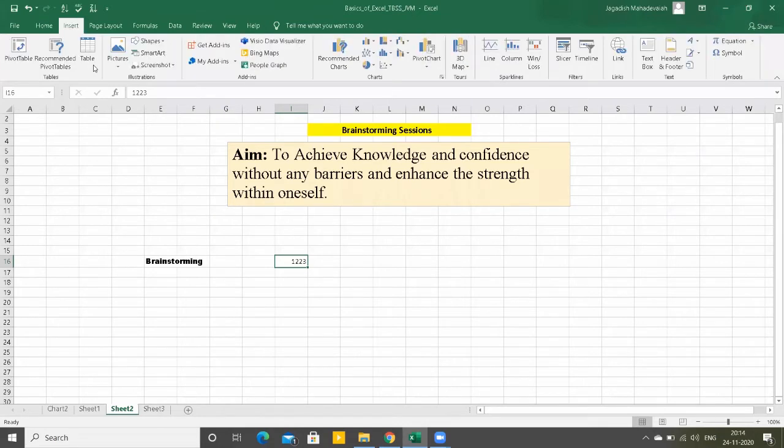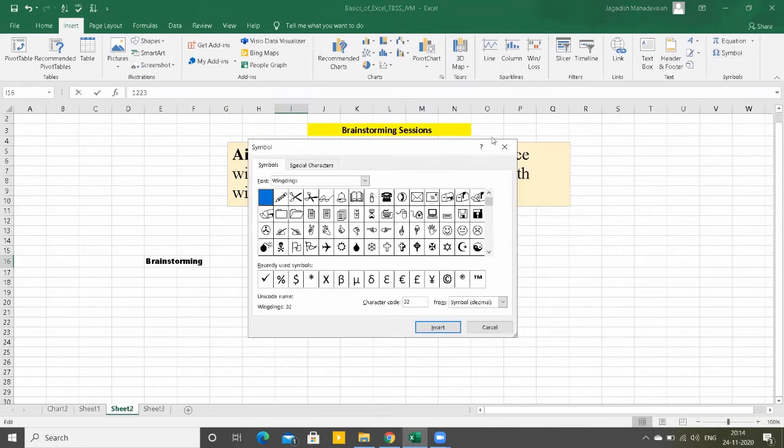In Insert we have table contents like pictures. You can insert pictures to make your Excel sheet very beautiful. Then we can insert graph sheets. Graph sheet, in the sense, not a manual one, it's an Excel thing. And you can do various other things. You can insert symbols.